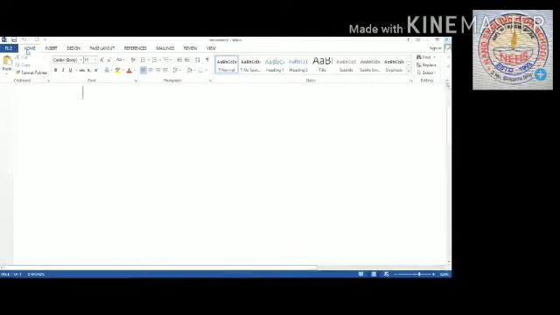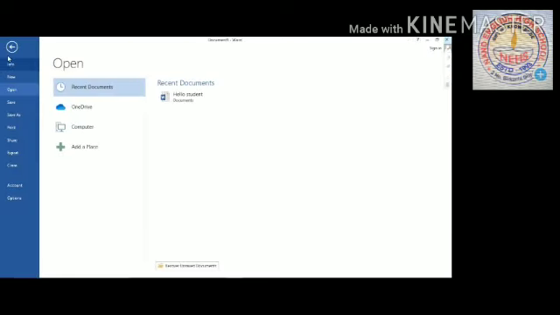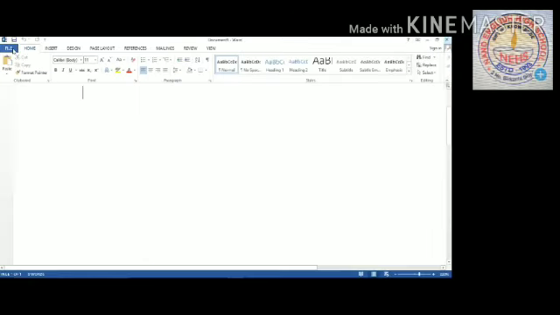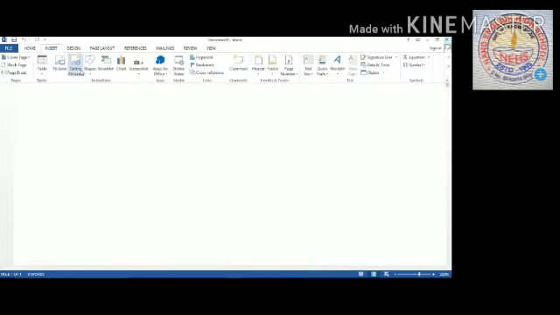Table etc. Okay children, this looks like picture, chart, table etc. And in an MS Word document you can check and correct spelling and grammatical errors.